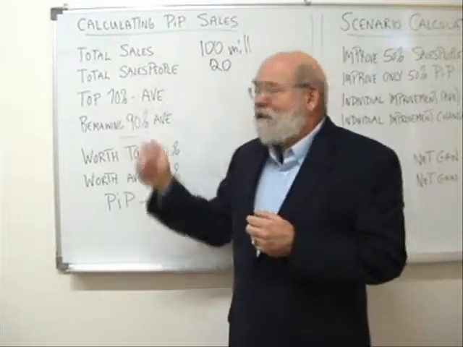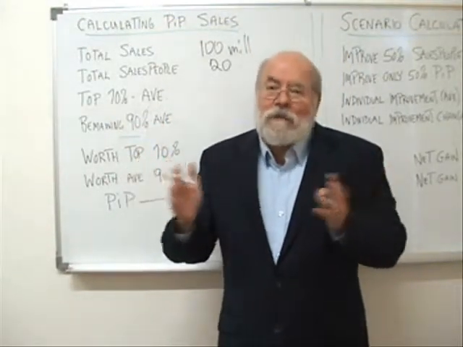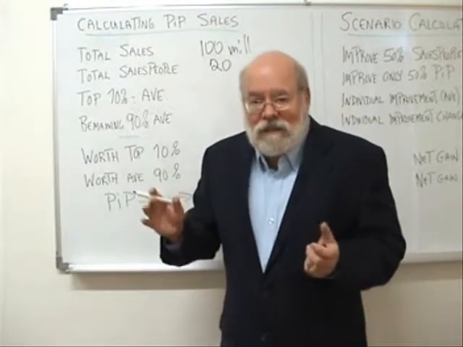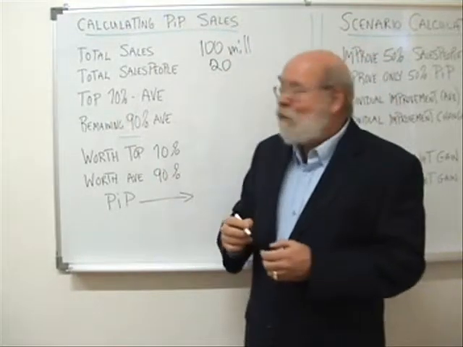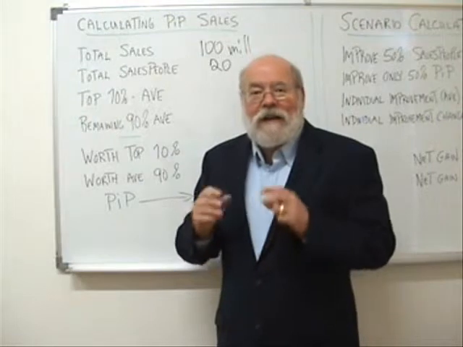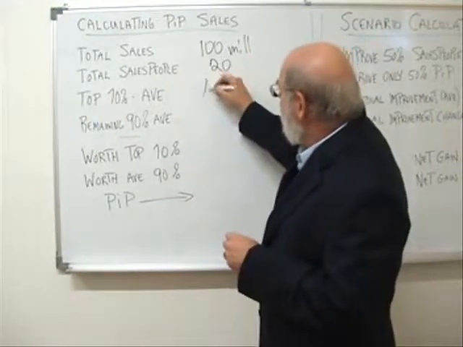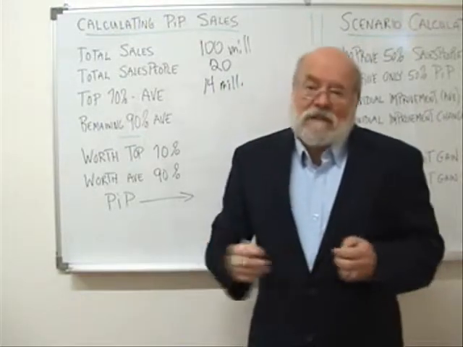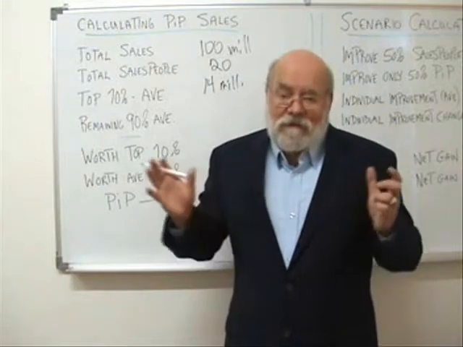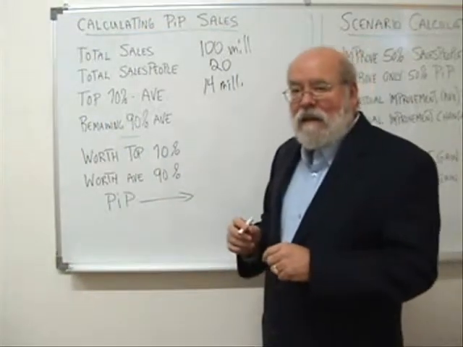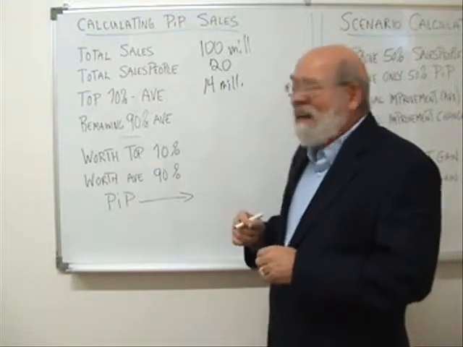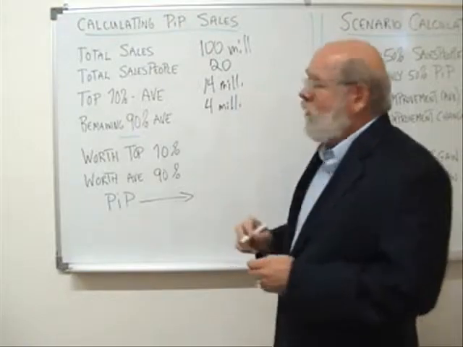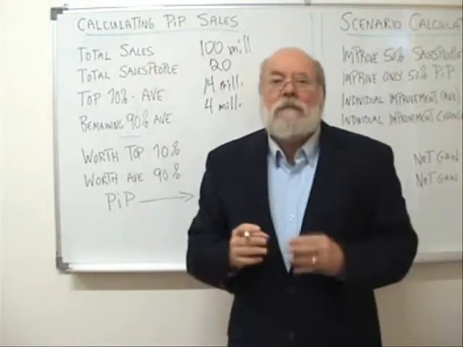Often I like to use 10%. If you have a very, very big group, you might go to 5% of the performers to look at the top people. In this case, we say 10%. In this case, that's 2 people of 20. And when we look at the data, we find that on average, these people are doing about 14 million in sales each during these time periods. 14 million, fairly high. And then when we look at the other people, we find out that the remaining 90% on average is turning out about 4 million in sales. These are averages, so some people are higher, some people are lower.